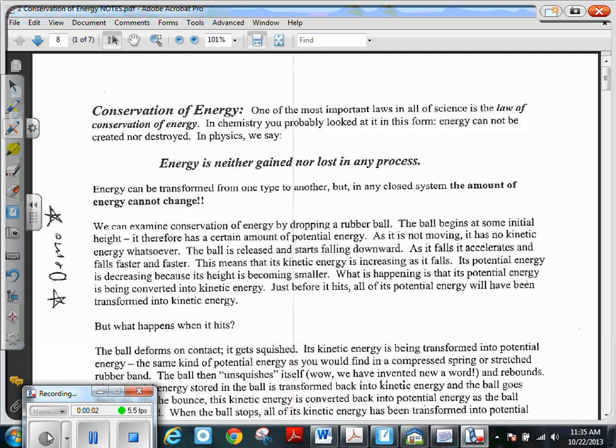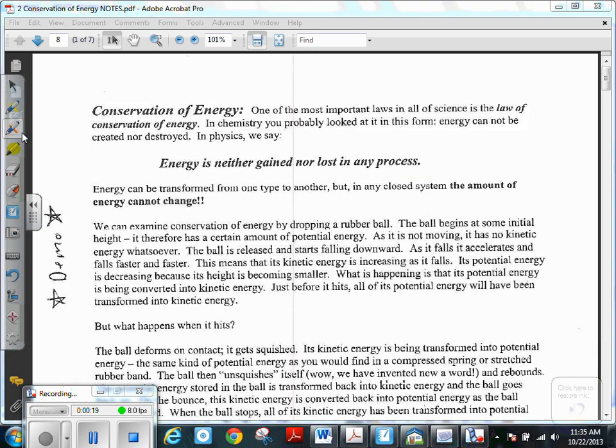Okay, well, welcome back. Today we're talking about conservation of energy. So the thing that you absolutely have to know is energy is neither gained nor lost in any process. So you're probably wondering then, what in the world happens when we have a